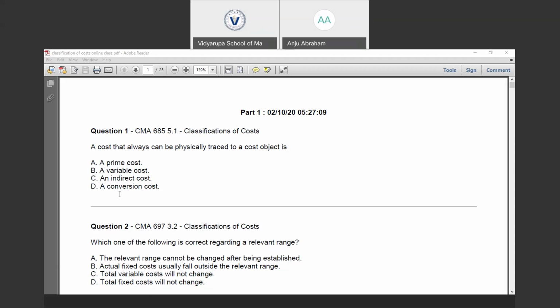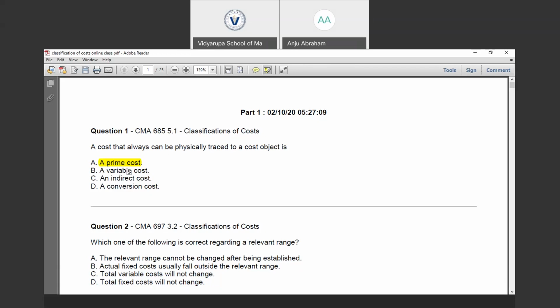Okay, prime cost. The answer is right. Prime cost includes the cost of direct material and direct labor. All those costs can be physically traced because direct material and direct labor are direct costs that can be directly or physically traced to a particular product.